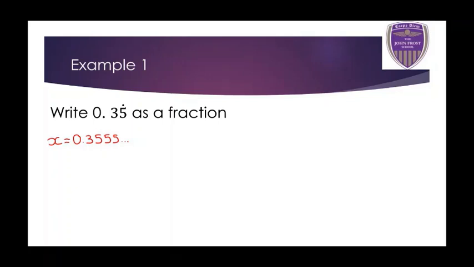So let's go through the same method as last time. So if x is 0.355 recurring, let's try using 10x. What is 10x equal to? Well, that will be equal to 3.5555 recurring, okay? Now, unfortunately, the decimals don't line up here. We've got 5 and 5, 5 and 5, 5 and 5, but then we've got 3 and 5. So because they're not the same, we can't really use x and 10x, okay? So let's have a look at using 100x. If I multiply by 10 and move the numbers along one place value, I have